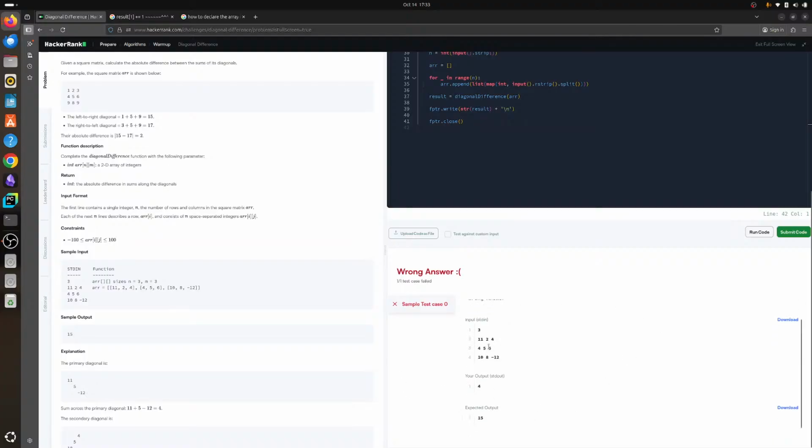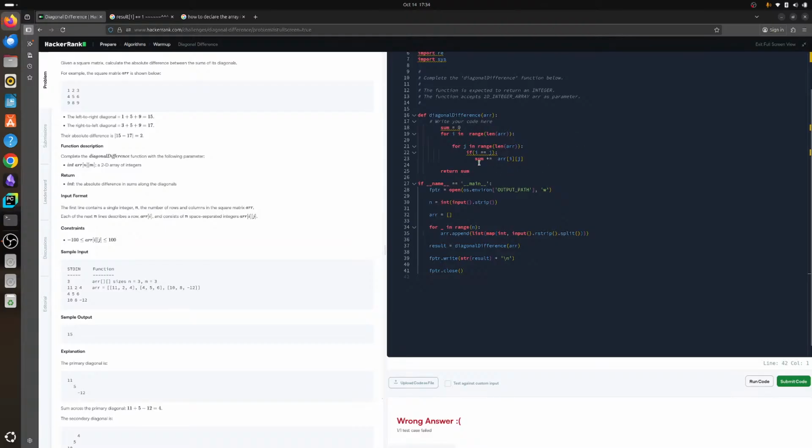So n is size of 3, m equals to size of 3, 11 to 4. Sorry, this is not the result. So this will be sum. What is the sum? The left to right diagonal, left diagonal. Okay, this is the sum of the left diagonal. Then the right diagonal equals to